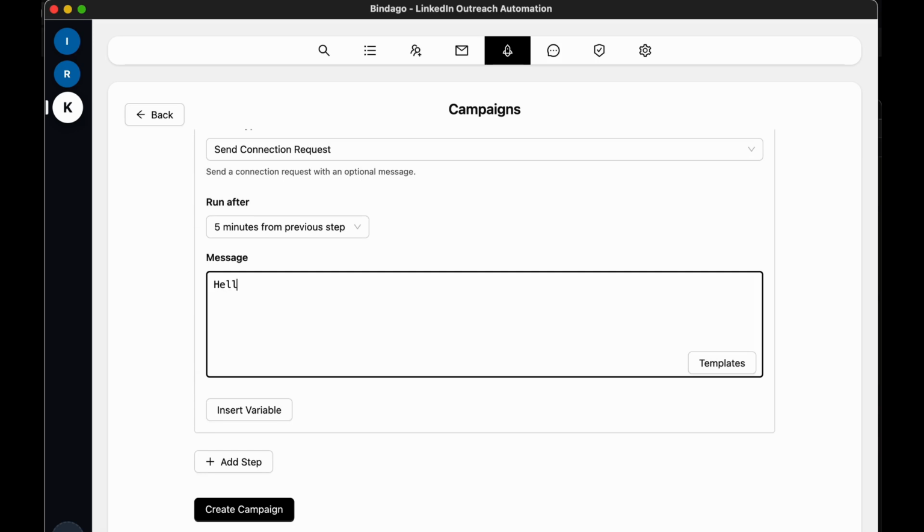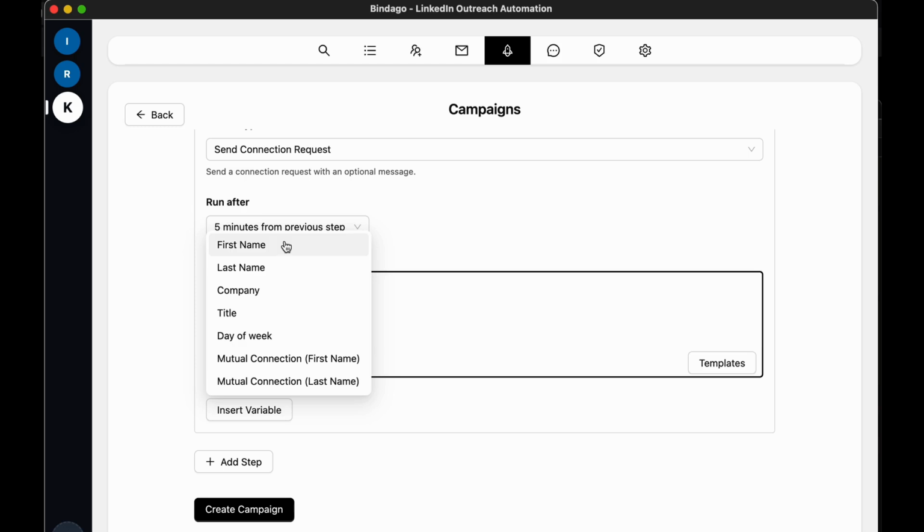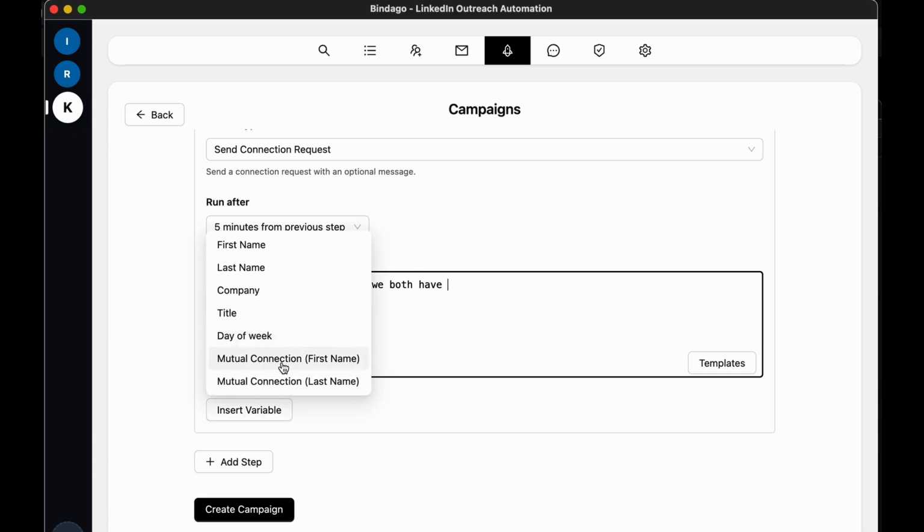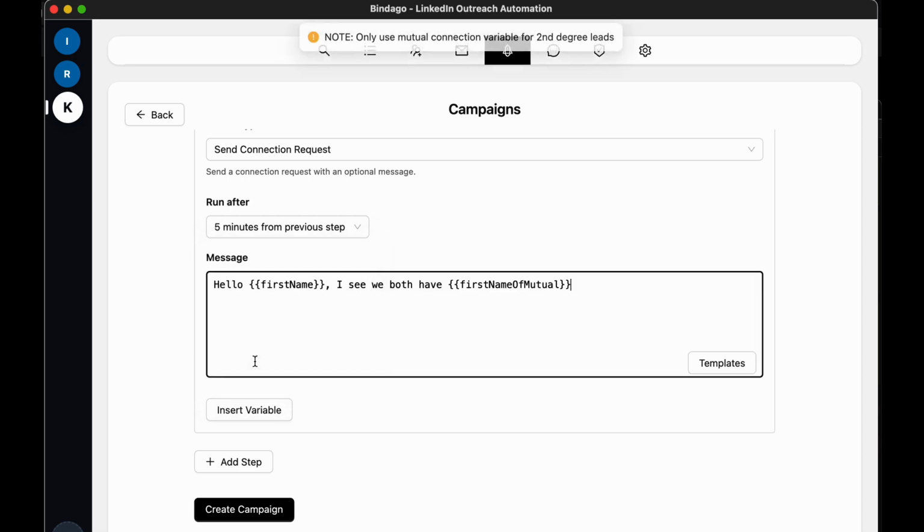The connection message could say, hello, first name, I see we both have... We can also add, if the lead is a second degree connection away from you, you can insert a mutual connection's first name, right? So you could do this: I see we both have their first name in our network,